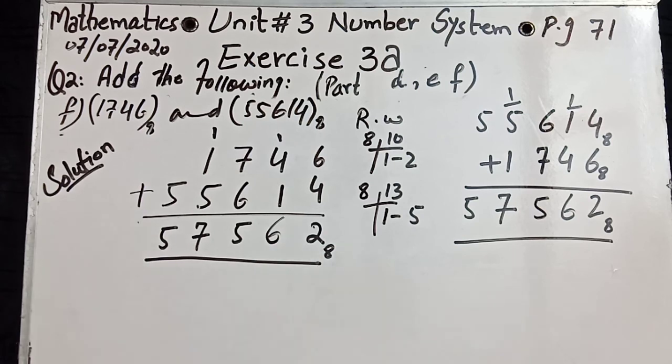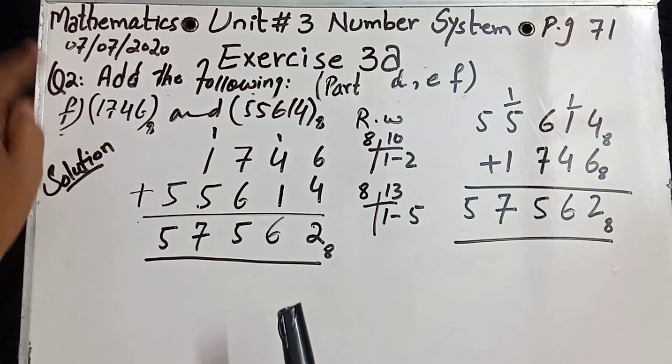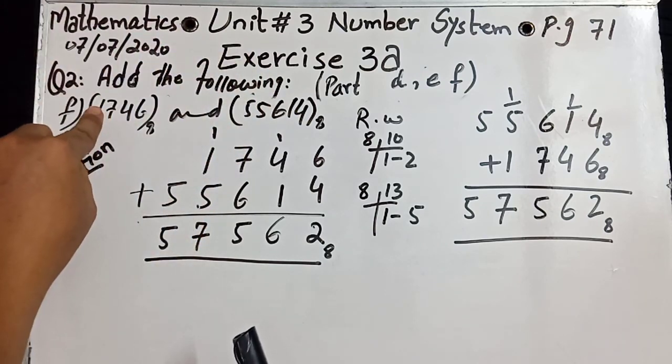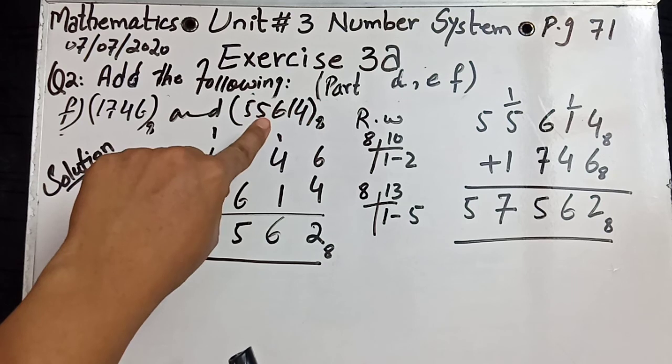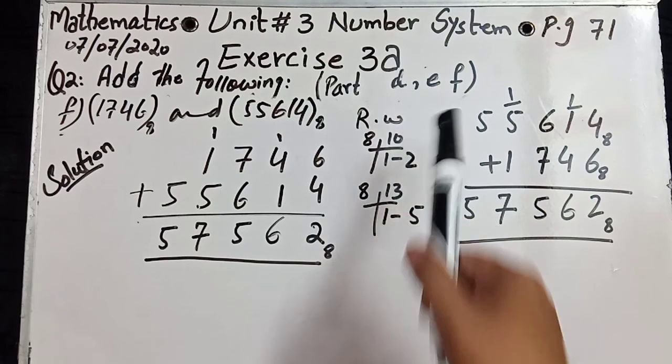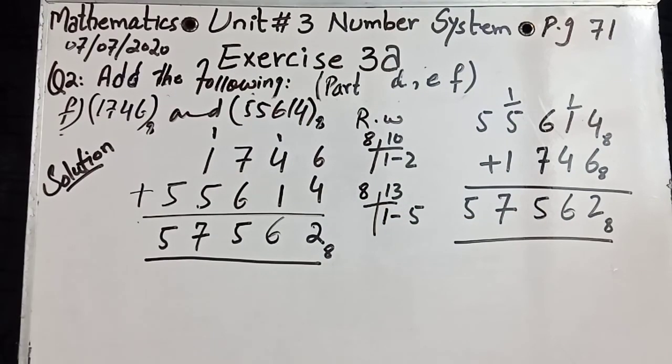It's up to you. First write down the first value or the second one. Okay, the first value is smaller than the second one. The second one is the bigger value. But check both answers, both are the same. So it's done. Part F, third part. Okay, done parts D, E, F. The remaining first three parts A, B, C, solve at home.